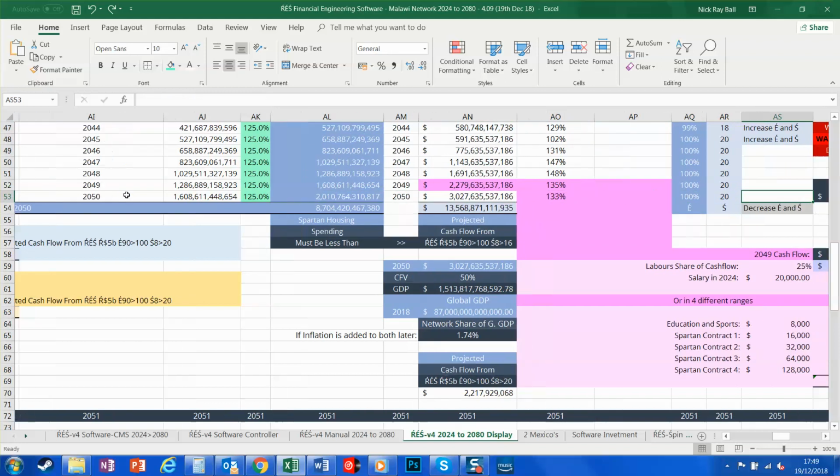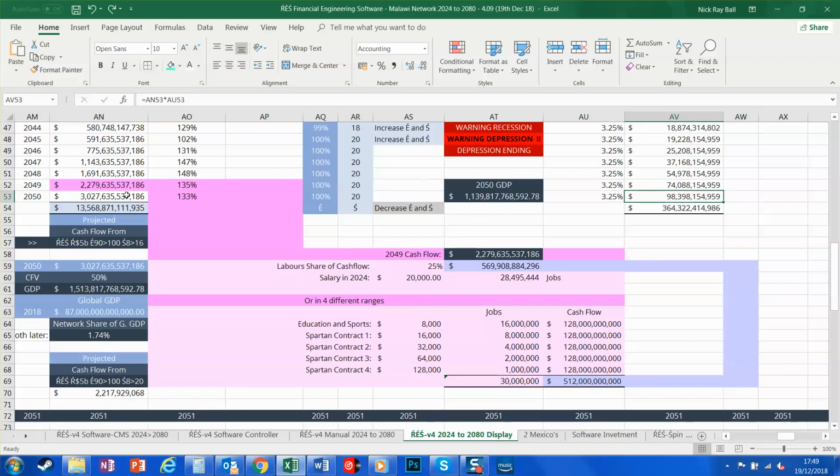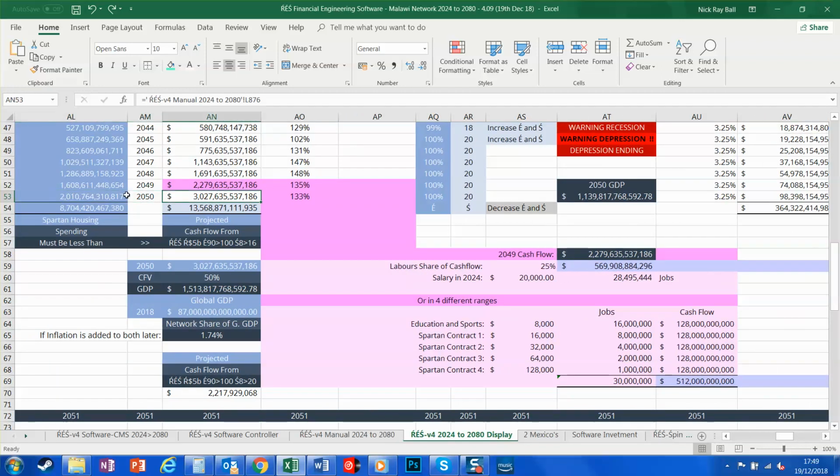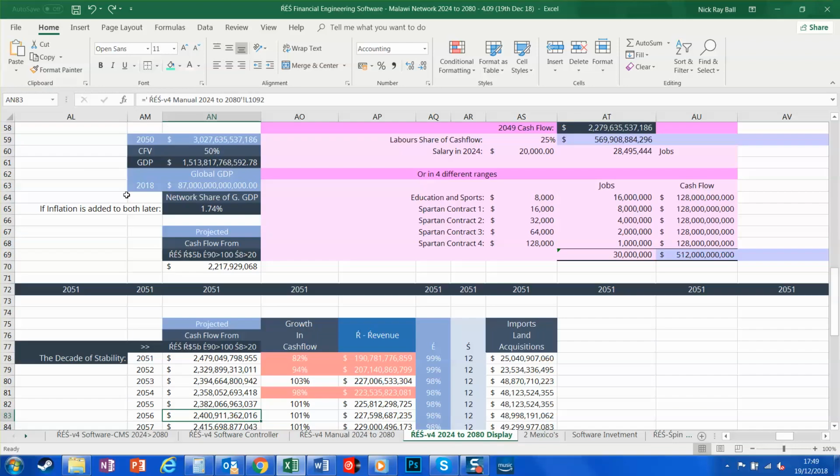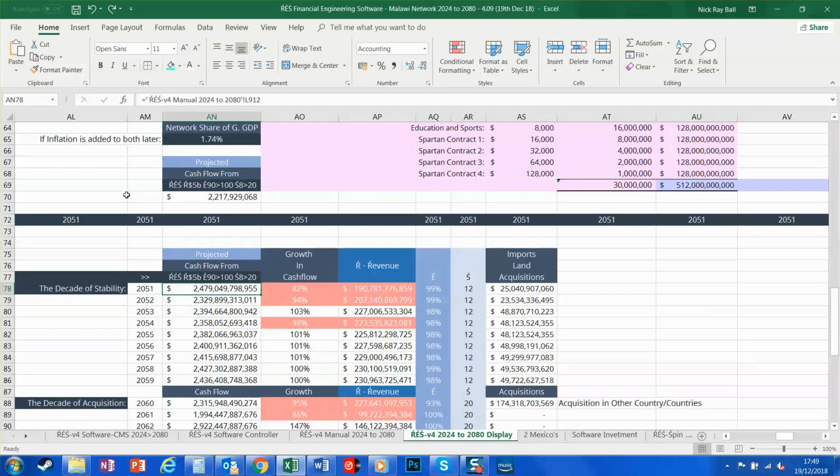In fact, no, I don't have it. I have it here lower down. We can see it continues at the lower, and you can see there's been an 82% decrease in cash flow,